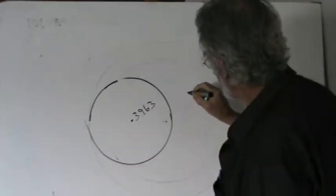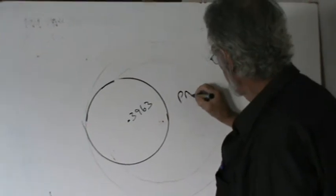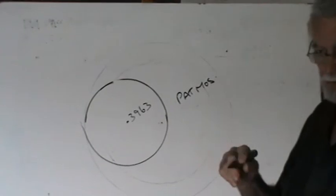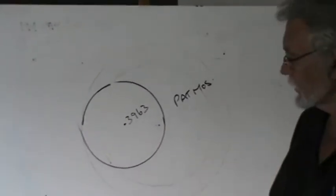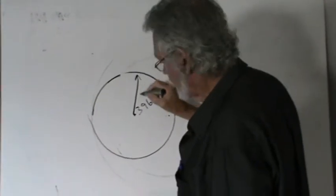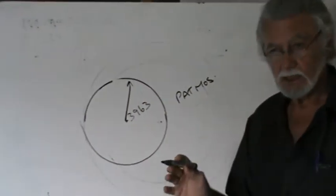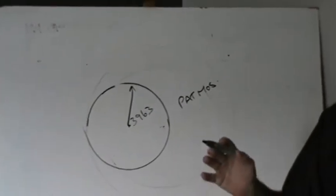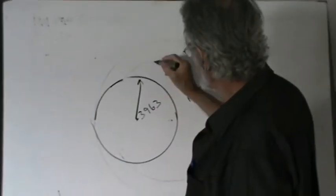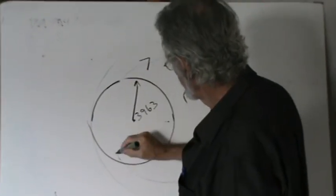What number is that in the concordance? It is Patmos. So that starts to show you that the numbers of the concordance of the Bible are telling you that we have Patmos, where Revelation takes place, and that is giving you the codes of how to read Revelation. So we've got 3963, so this becomes the distance across it,